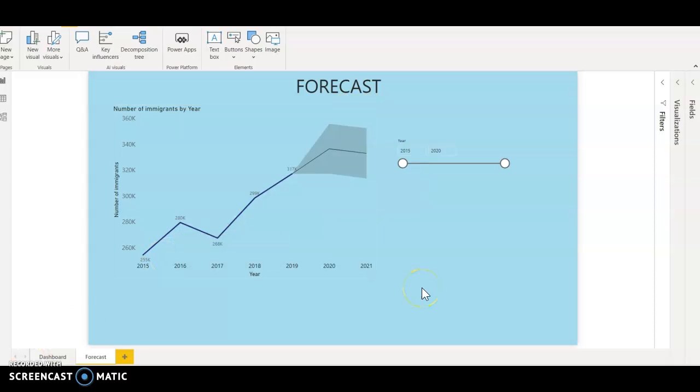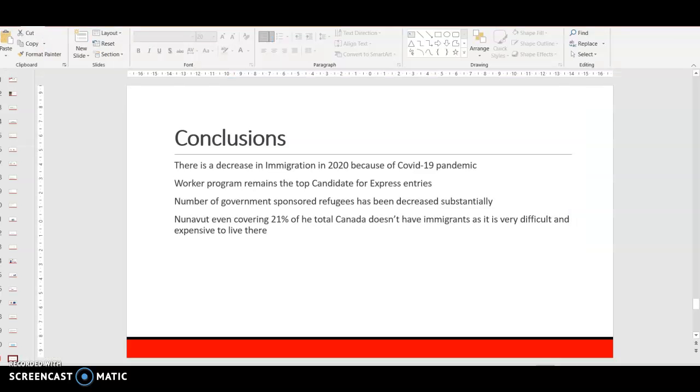The Government of Canada is trying to increase the number of immigrants in order to keep its economy on the right track. So these are my conclusions, which I have already stated, and